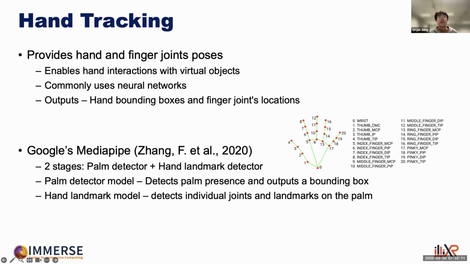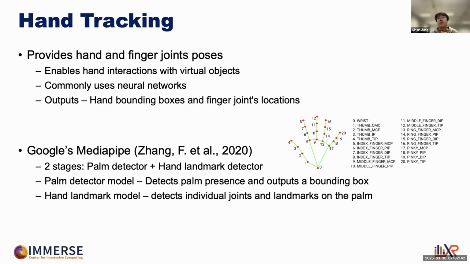All right, then there comes the next component, which is called hand tracking. Just as head tracking is estimating the user's head pose, hand tracking is providing the poses of the user's hand and maybe finger joints. By obtaining the user's hand and finger joint poses, we can enable hand interactions with virtual objects, so as to boost the immersiveness of the experience.